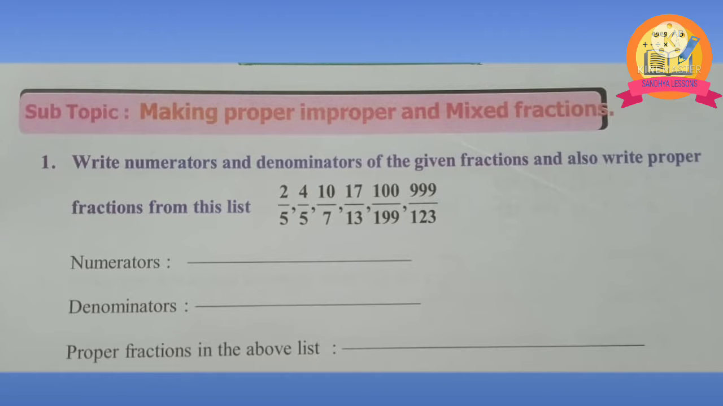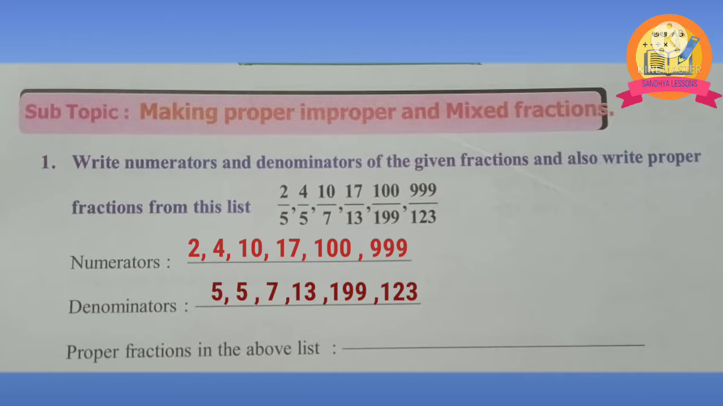First Roman. Write numerators and denominators of the given fractions and also write proper fractions from this list. In a fraction, numerator is the upper part and denominator is the lower part of the fraction. Let us write the numerators: 2, 4, 10, 17, 100, 999. Denominators are 5, 5, 7, 13, 199,